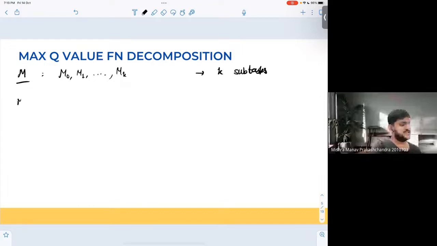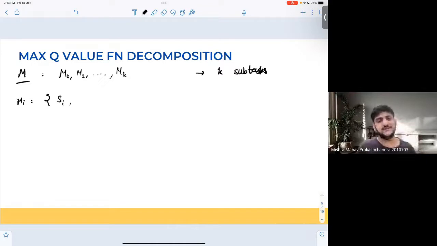Okay, and then each subtask, what it consists of S_i, is basically a set of states that are applicable to my sub-MDP M_i, and then it consists of a set of actions A_i. Again, these actions A_i basically correspond to all the possible actions that I can find in the sub-MDP. This can be thought of as a subset of the union of the entire M_i times